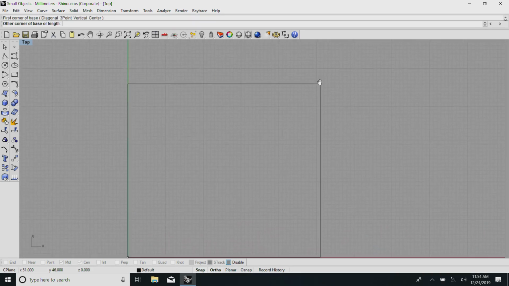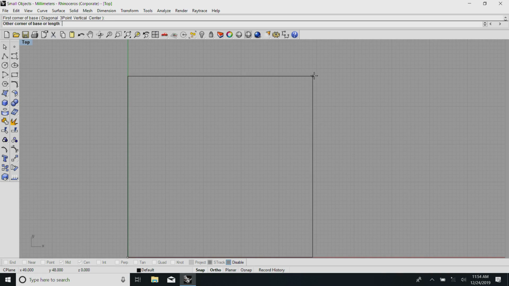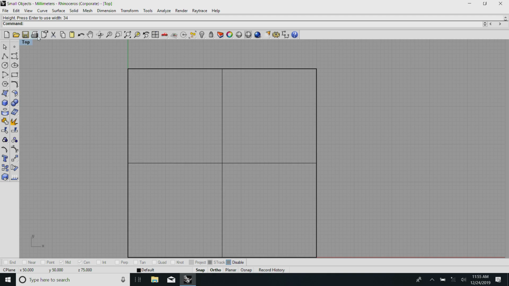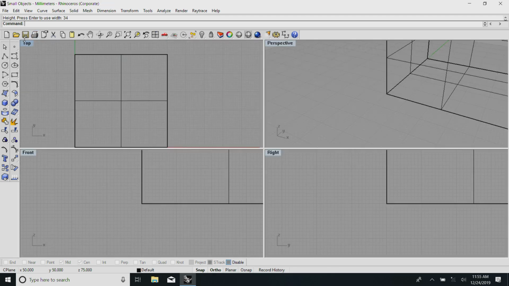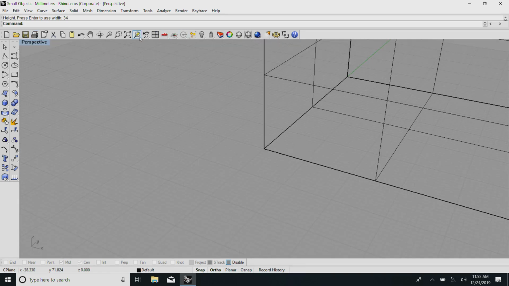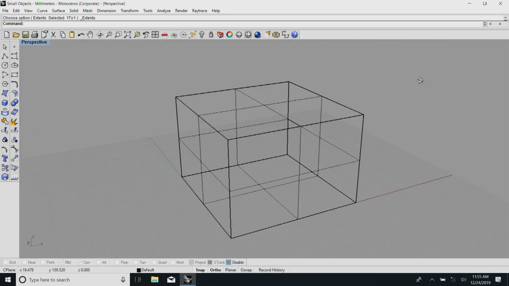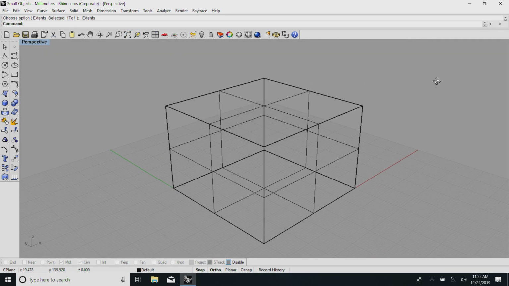See here, I am looking at it from the bottom. I have a 50 mm cross section, and the job height is actually 34 millimeters.